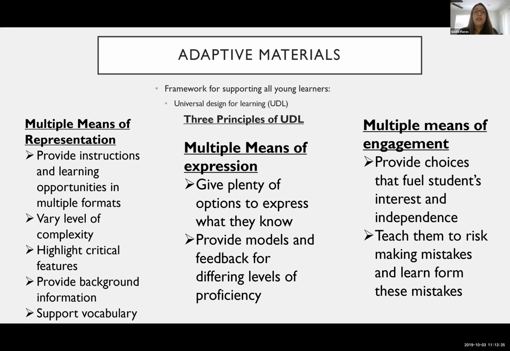We also know that we need to provide activities with multiple and varying levels of complexity. So one of my favorite things to do, because it also supports children's social engagement, is let's say you have a manipulatives table and it's puzzles. You're going to put a large knobbed 3-piece puzzle at one chair, and then a small knobbed 7-piece puzzle on the next chair, and then maybe an inset puzzle on the chair across from it. So every chair has differing levels of complexity.